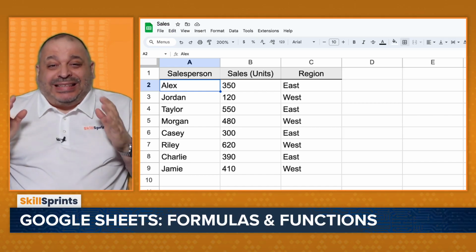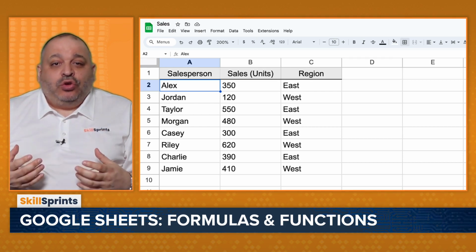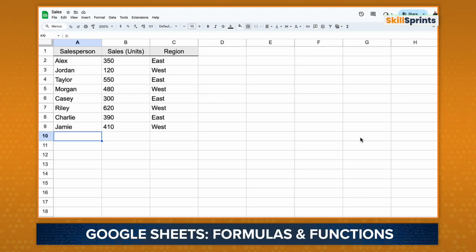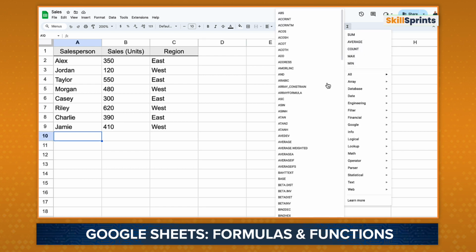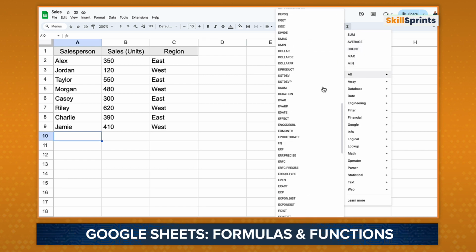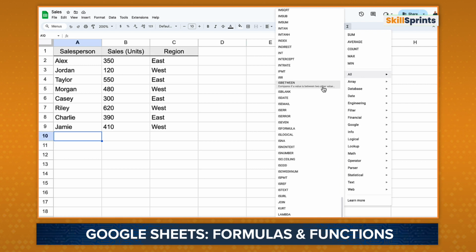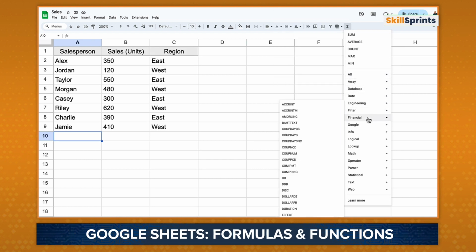Now, let's look at some essential functions that are used in Google Sheets. I've created some new data that will enable us to look at some of the functions that are available within Google Sheets. By the way, if you want to see all the functions in Google Sheets, you can click Functions from the toolbar, and it'll show you all the functions that are available. As I mentioned, there are dozens and dozens of functions. They are separated into a few different categories. For example, if you wanted to work with financial functions, you could click the Financial section of the Functions dropdown,